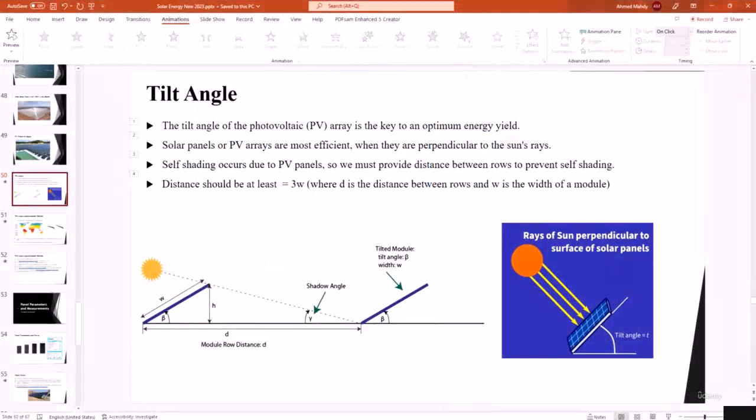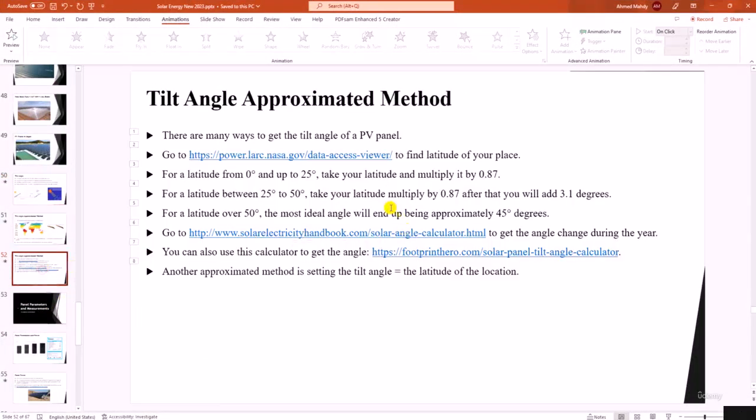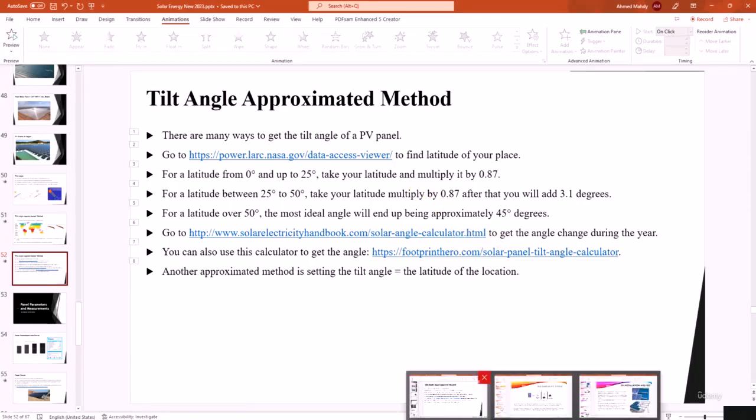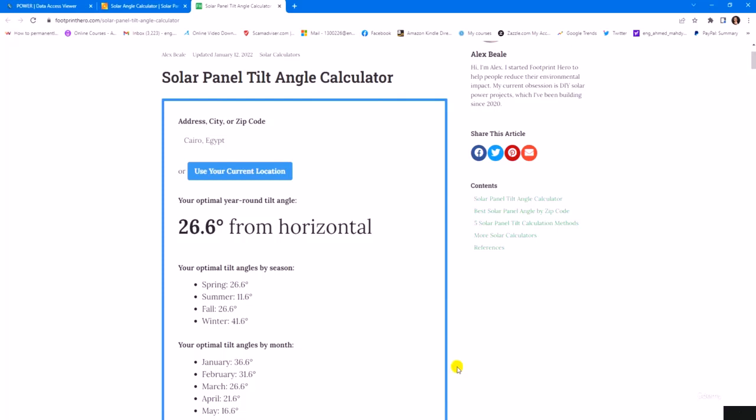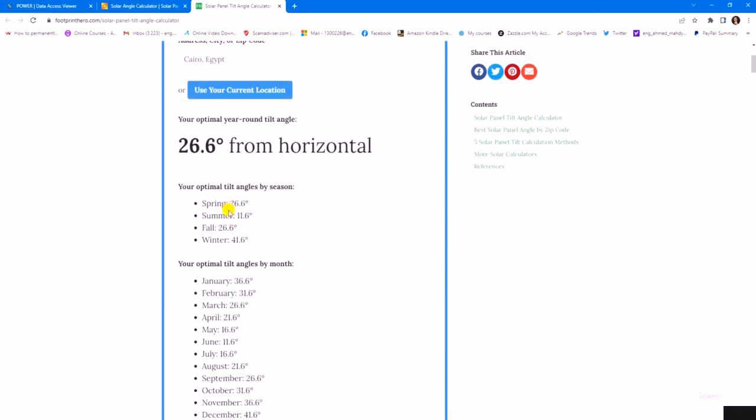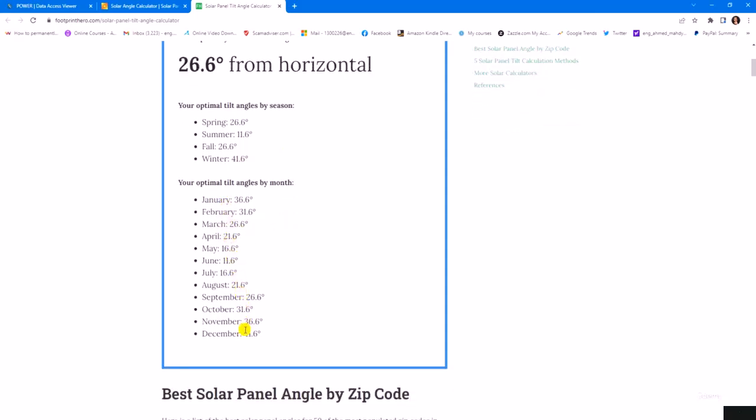Using this method we obtained 29 degrees, and with this method 30 degrees. You can see there are different values. This website also gives you the optimum tilt angle by seasons and by each month.